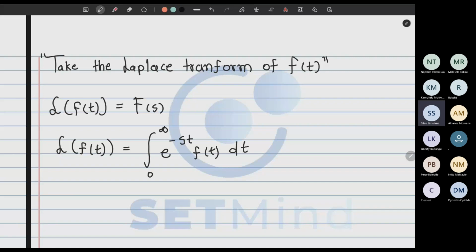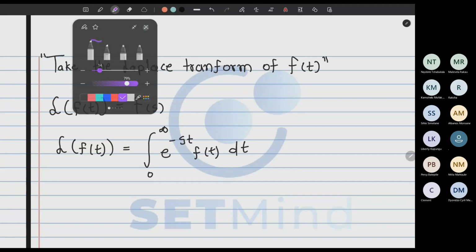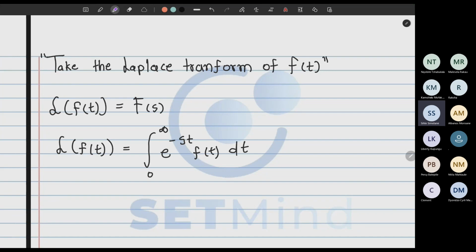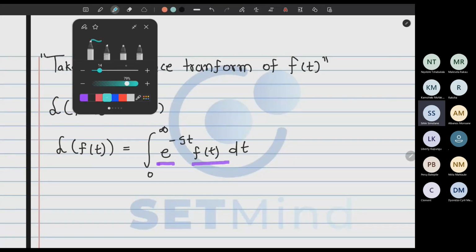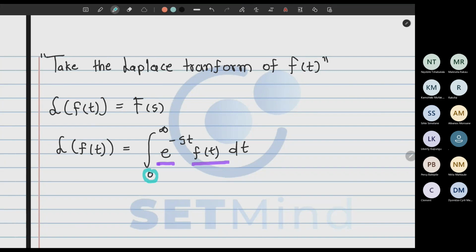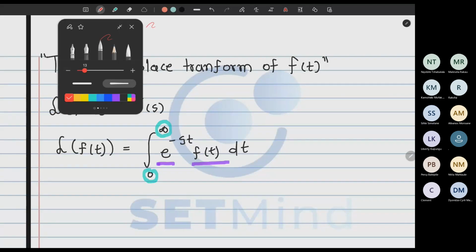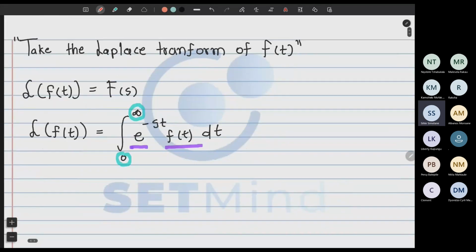So if you are looking for the Laplace transform of a certain function, all you do is you integrate that function multiplied by e to the power of negative st, integrated from 0 to infinity. This is the definition of the Laplace transform operation. So this you definitely need to know